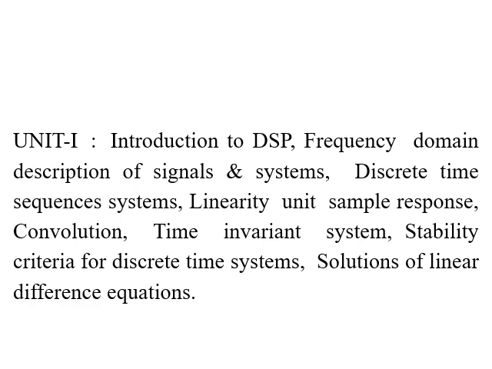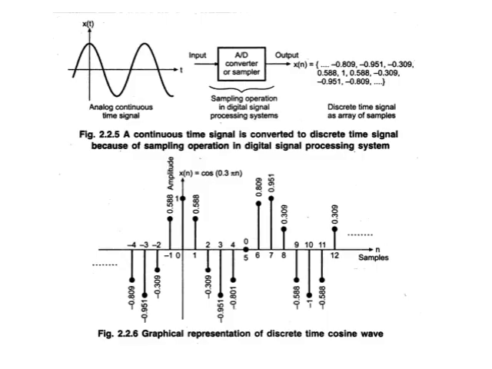So we will start with our basic review of what we have seen in signals and systems, and then we will continue our discussion for the latter part of this unit. Okay, so we will continue our discussion. See here, an analog continuous time signal is given. So this is our unit 1. In unit 1 we have seen such types of signals.